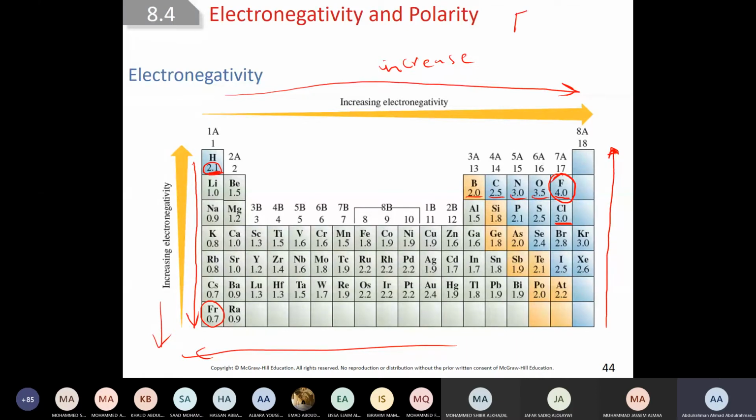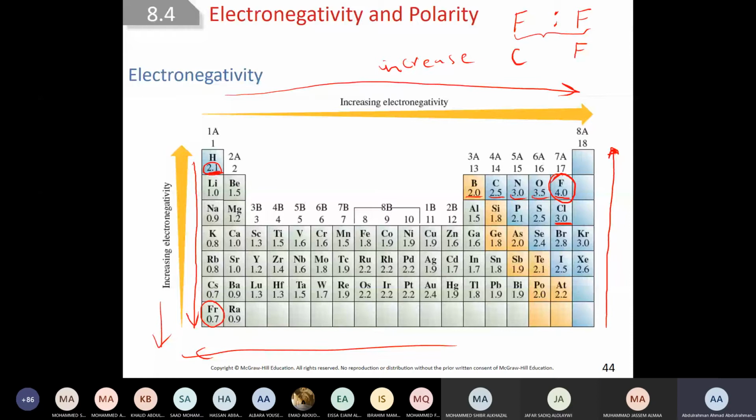Now, when electrons are shared, for example fluorine with fluorine, where are the shared electrons going to be? In the middle. Exactly in the middle. Why? Because they have the same electronegativity. They will share by the same amount. Okay, good. Now, if I have carbon with fluorine